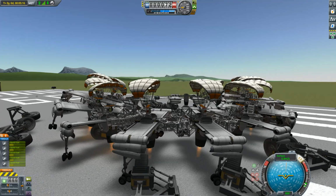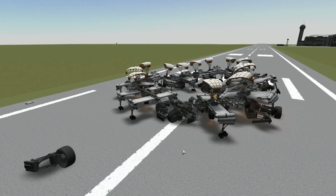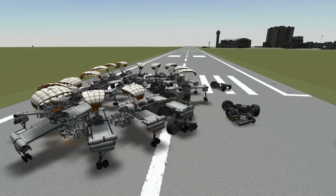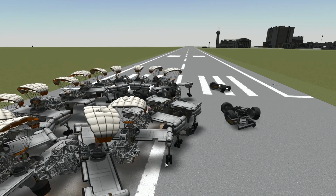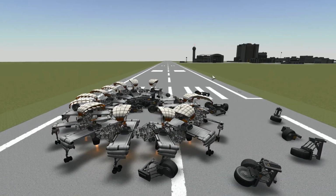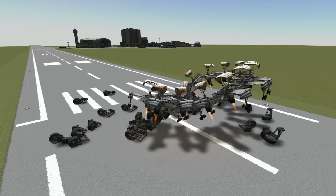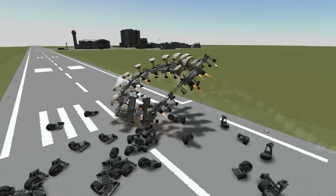I'm gonna kill my webcam. This is not going well. We're all hung up on those damn wheels. We lost 1 chute. Gotta give it more throttle. This is not going to be as good as the first round,